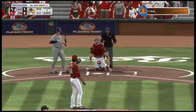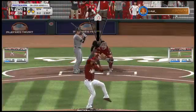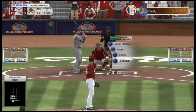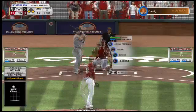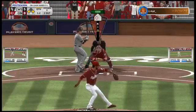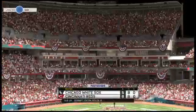Ball swung on and hit high down the line in left, but it'll get back in among the crowd, so the count holds at 0-2. Wouldn't bite on a good sinker that time that missed. Had him guessing that time as he's barely able to foul it away. That's a big fastball, obviously, and we're going to... A swing and a miss. That retires the side, and